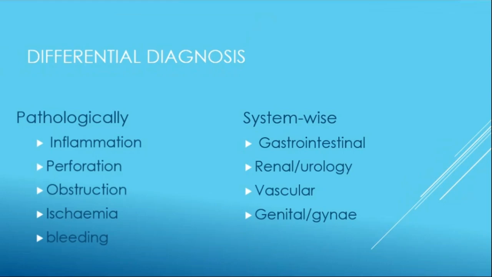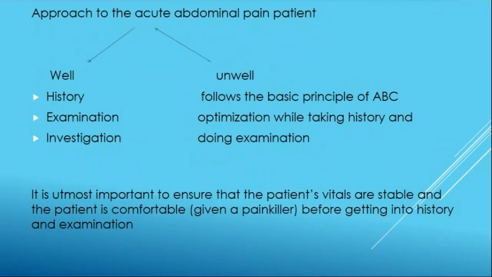Right. Having that back in our mind, we'll get into the assessment of the patient. At the beginning, I told you all, the assessment is based on the history, examination, and investigation. When you get a patient with acute abdomen, first thing is we have to see whether this patient is stable or not. Don't jump and go and ask the patient's history if the patient is not stable. In the meantime, the patient should be pain-free. If the patient is in pain, when you ask the patient's history, he will say something, right? Because he's in pain. He needs to have his pain controlled. So first of all, see whether your patient is stable or not.